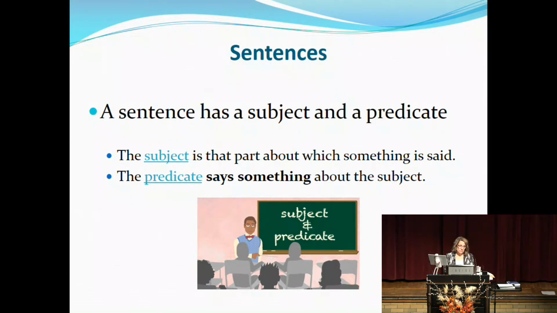Now, I'll be honest with you. Subjects are difficult to define simply. You think that they would be, but they're not. They can be a noun, a pronoun, a phrase, or even a clause about which the sentence says or asks something. But I can tell you this: the subject is the word with which the verb agrees. So we call that subject-verb agreement. And in standard prose, the subject usually comes before the verb. So the subject is the one taking the action, and the predicate says something about it.